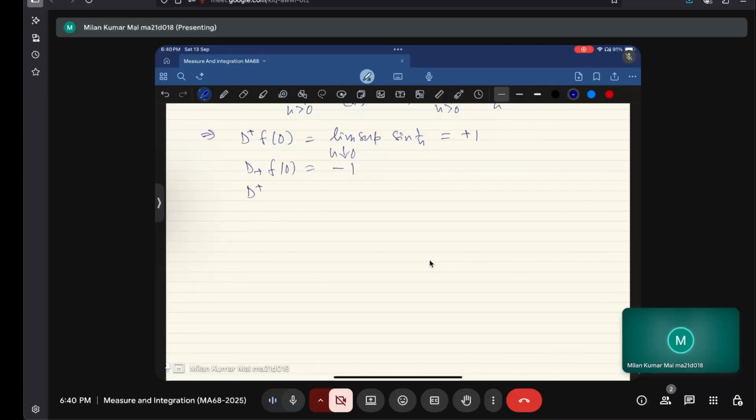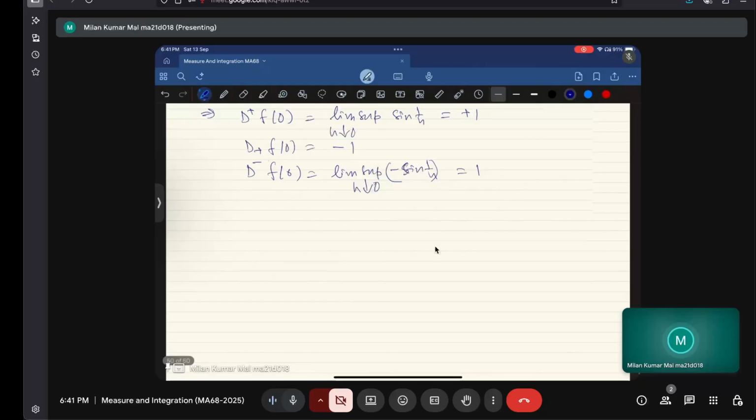And D minus f at 0 equals the limit supremum of minus sin 1 by h. So note that sin 1 by h has the supremum value 1 and infimum value minus 1. So minus sin 1 by h will have the supremum value 1. So therefore the limit supremum equals 1,